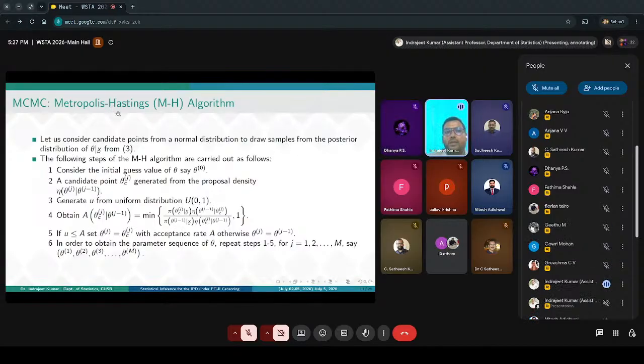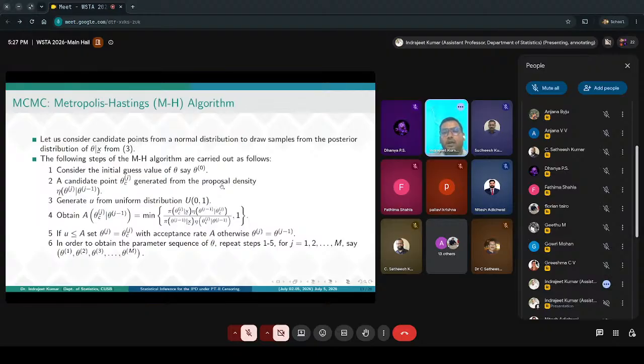Sample-based means we have to generate m number of samples of the parameter, and then we can take their modes. These are the steps to execute the algorithm. In this case, we have to consider candidate points from the normal distribution for drawing samples from the posterior. We have taken the initial guess, and we have to generate